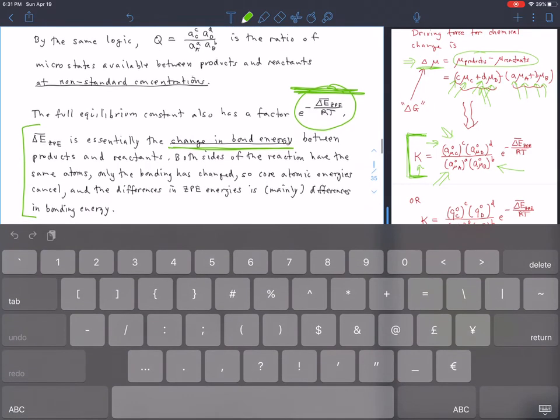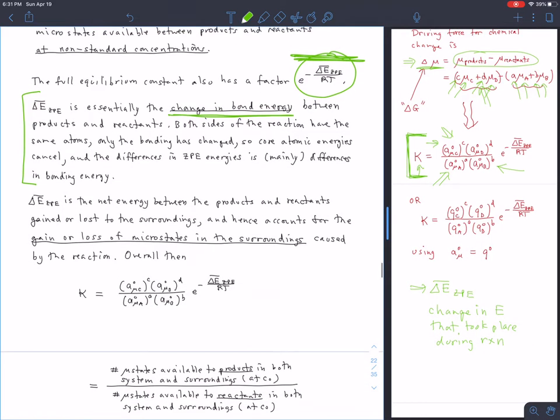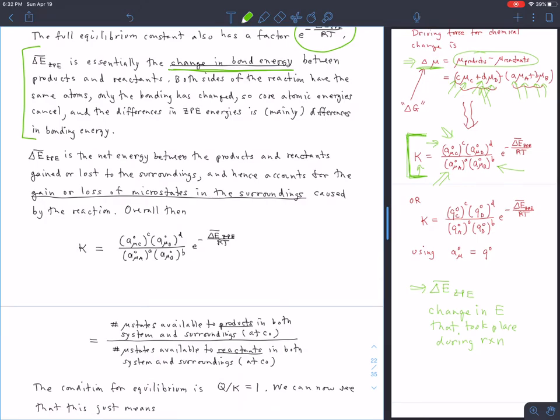And so if the bond energy change is favorable to reaction, that means an exothermic reaction, then the system loses potential energy because the bonds all got stronger and that extra potential energy went out to the surroundings, in which case the surroundings gained microstates, or the system gained potential energy, which means the bonds got weaker overall, which means the surroundings lost microstates. And so this extra ZPE factor, as it's called, is really a bond energy